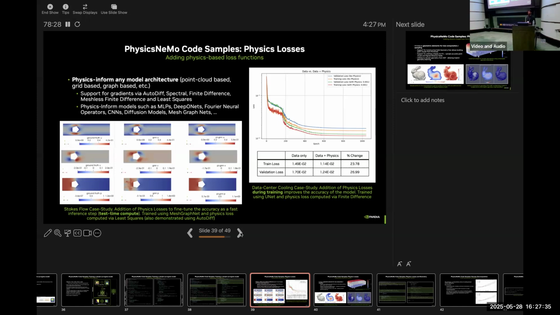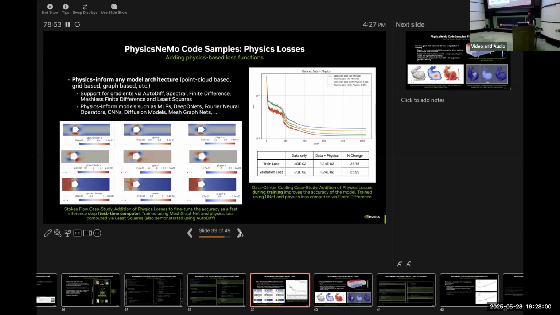And here at PhysicsNeMo, we have taken a few different approaches. One of the approaches is basically adding a regularizer function that explicitly tries to enforce that constraint, right? So think of Navier-Stokes equations or diffusion equations. The PDEs are imposed as loss functions in your overall loss.